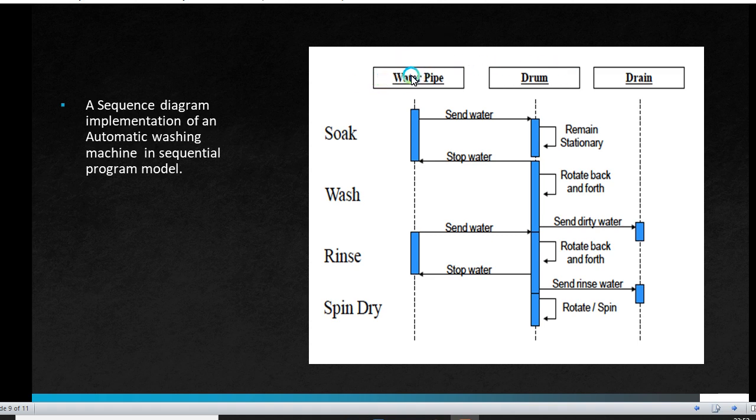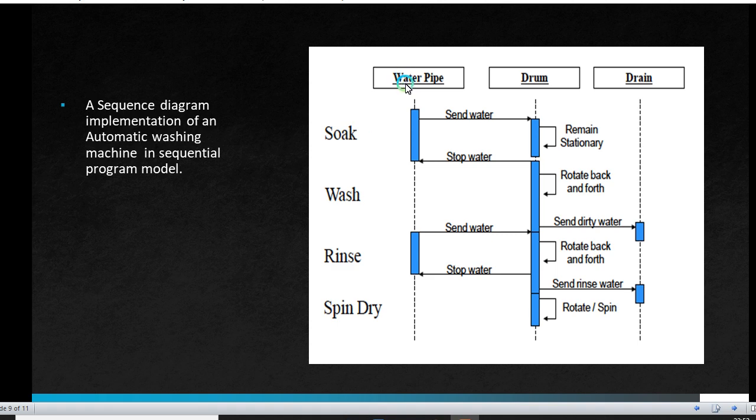Beyond each object we can see an extension which represents the time, or the lifeline of the object. In the lifeline we can see blue rectangular boxes which show the focus of control. Focus of control is the time when the process is active in the object.